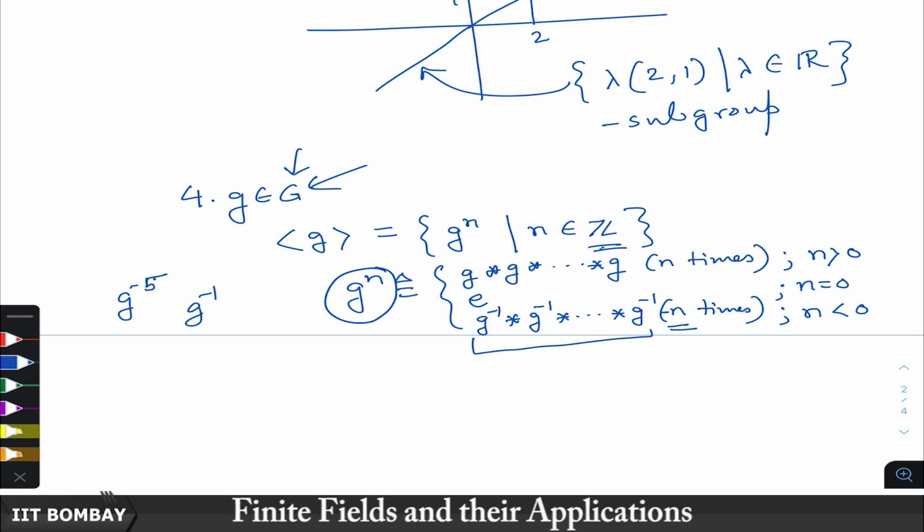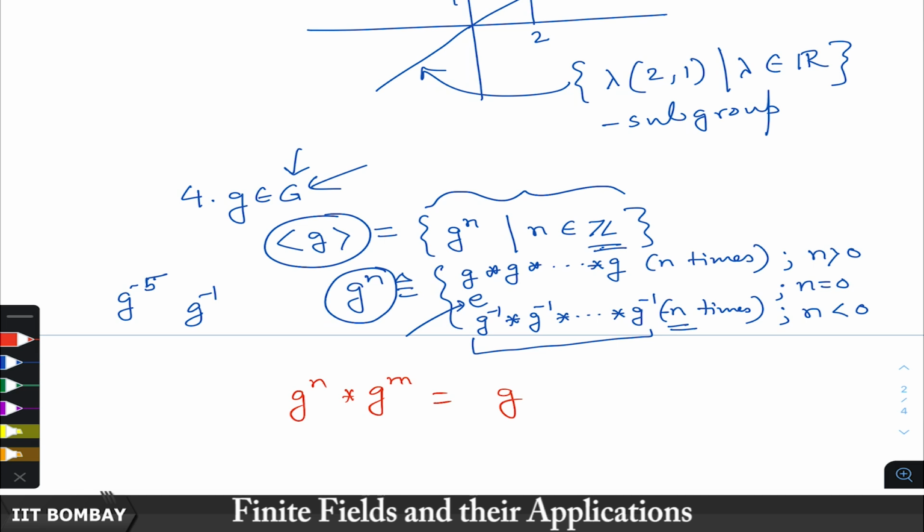Okay, so we have defined the power n for any integer power for any element in the group. Now, we take the set of all such powers of G, and you can check that it forms a group. So, it is very easy to check now. Clearly the identity element E is there in it, and this set is closed under the operation. Why? Because you take any G^n times G^m, you can check that it will be G power